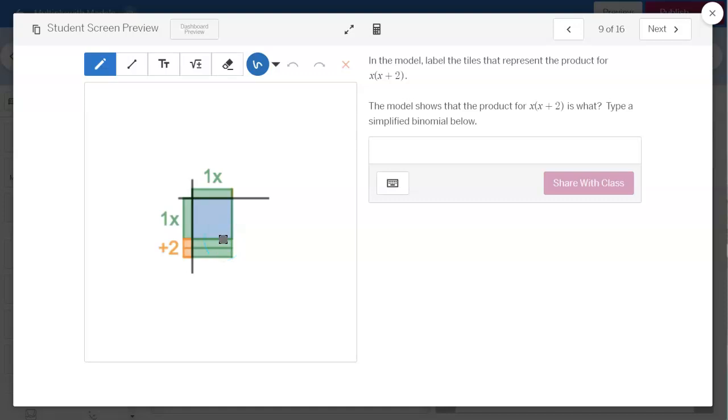Now on this screen they're actually told to label this product. So what is this? What does this represent? What do each of these represent? So they can draw little lines to those and maybe use the math tool and label each piece. What are these? And then what is the simplified product? So they're actually writing a binomial